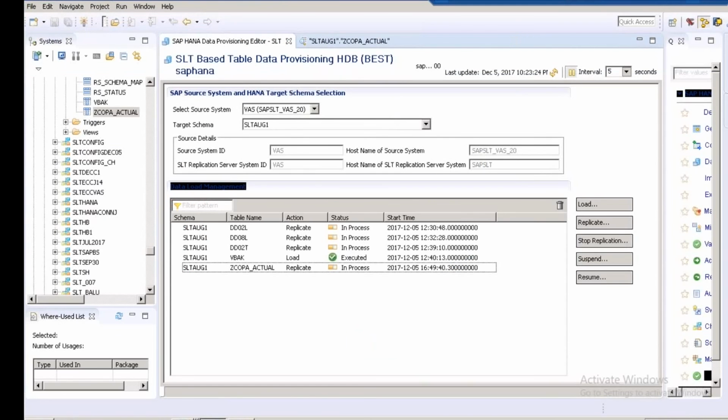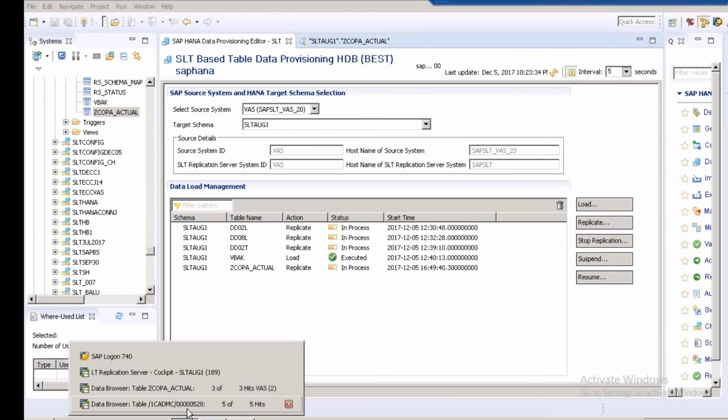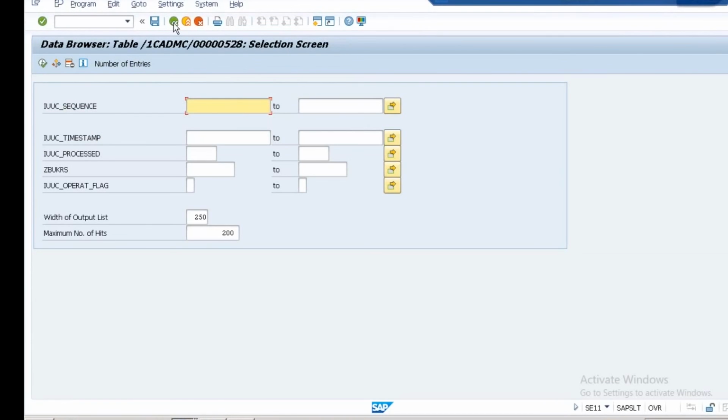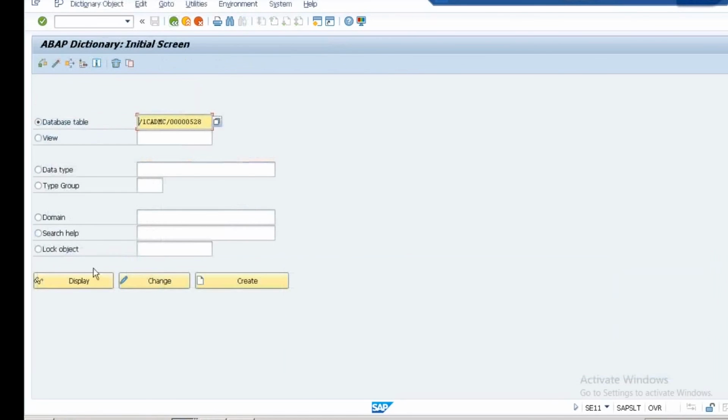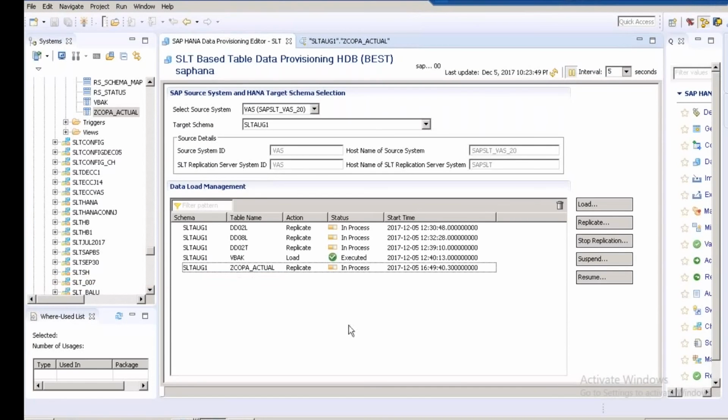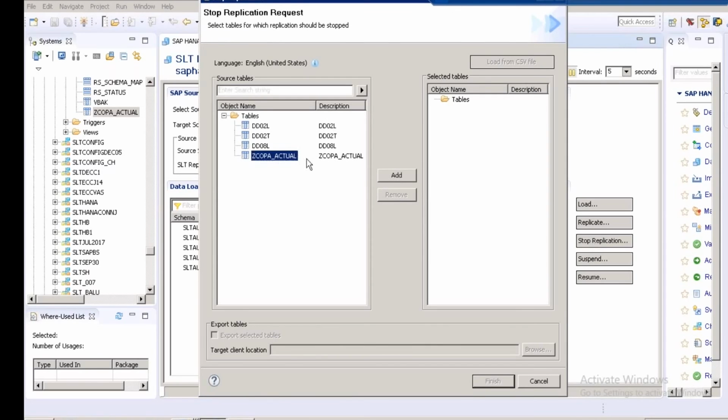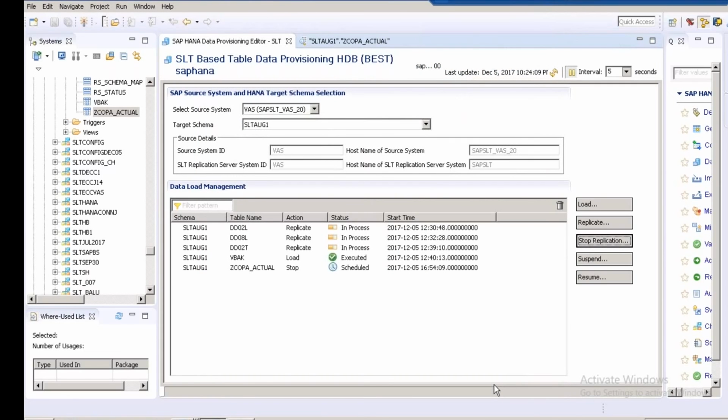So let us go back and let me show you what a stop can do. Now please see, before I execute stop, here I can display this logging table. I'm able to display this logging table. Now once I go back to the HANA Studio, at the HANA Data Provisioning Editor, I click on Stop Replication, I select the table, click Add, and click Finish. Once you click Finish, here stop is being scheduled. Once the stop is executed,